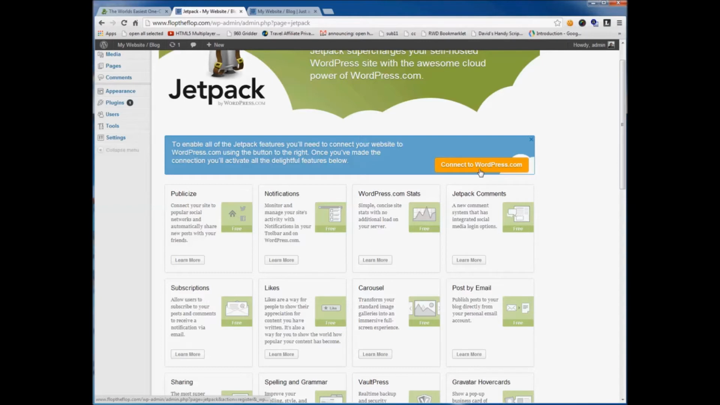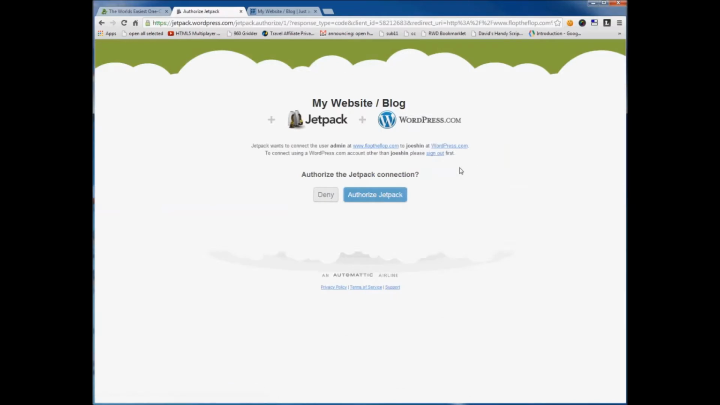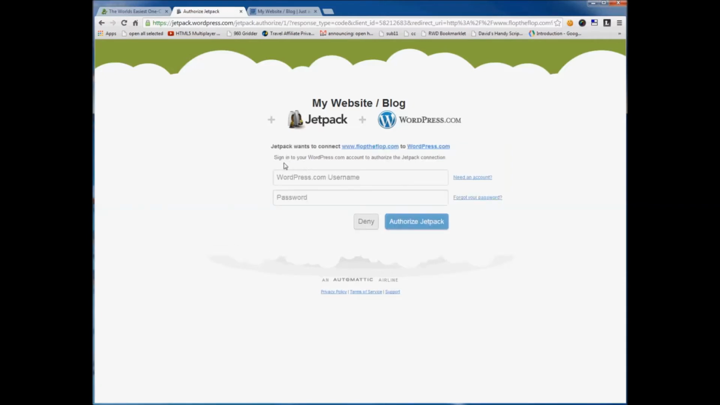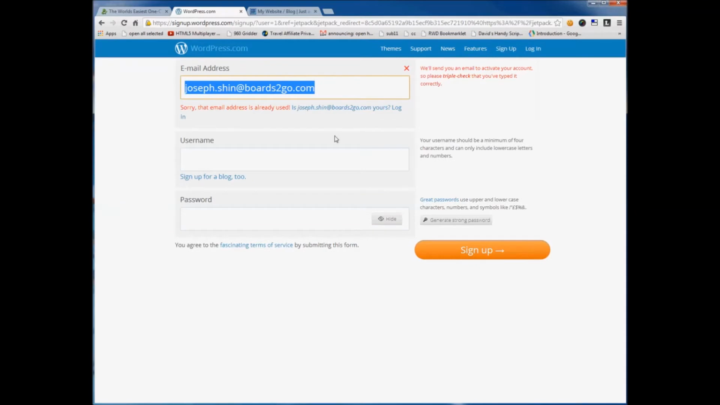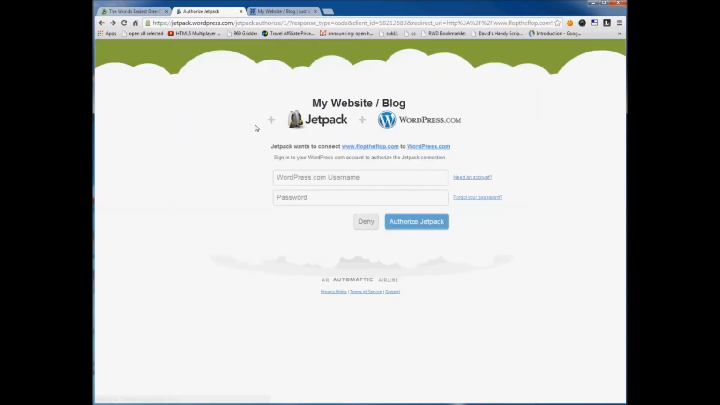So the only caveat is that you have to have a WordPress.com account, which is easy. You just click this button, connect to WordPress. And I'm actually logged in already, so let me sign out first just to show you what it looks like. There it is. So it looks like this. If you don't have an account, just click on need an account and just sign up for it. It'll send you a verification email to the email address that you put here, and you just activate it, and that's it. Right now, I already have one, so